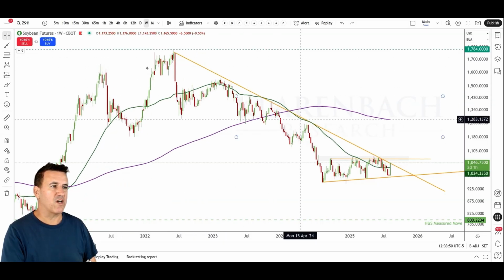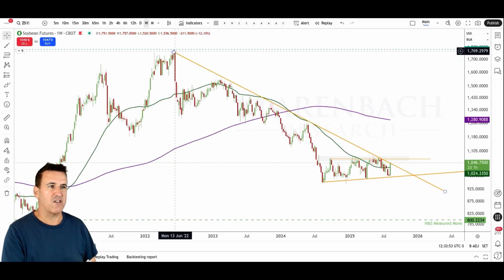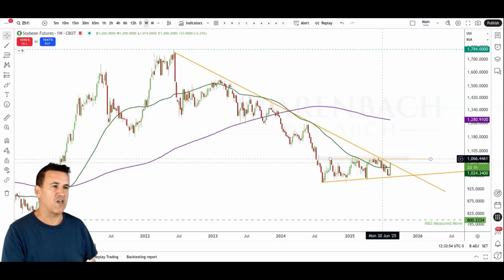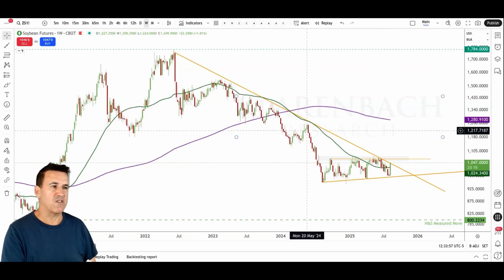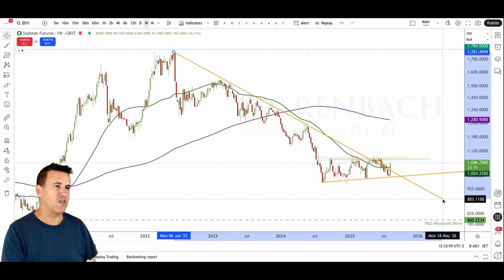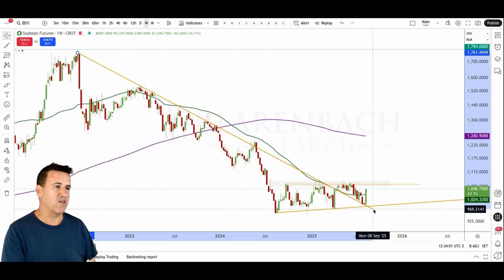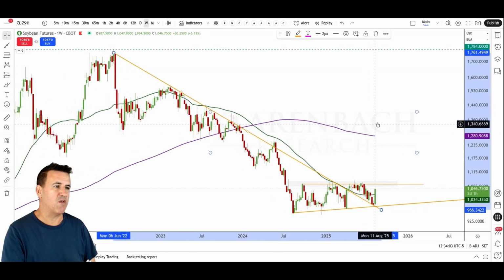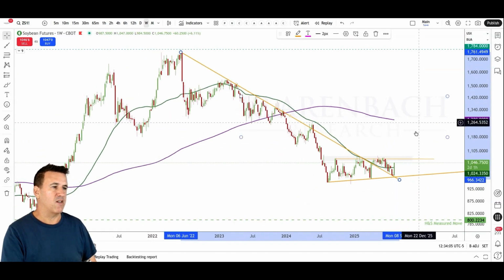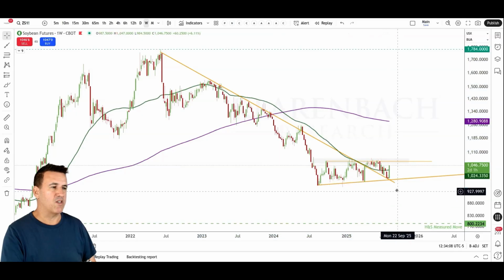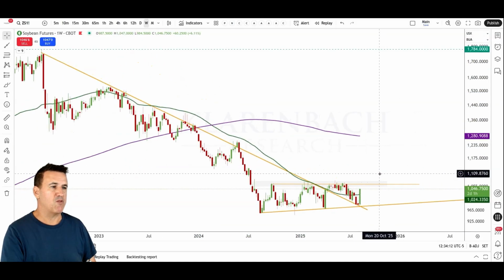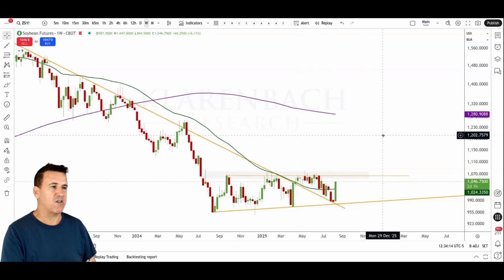I got this yellow trend line drawn here, just connecting the tops, well, kind of the tops, maybe, on this logarithmic chart. I can move that trend line. I suppose I could move it down here. Maybe that's a better fit. And if you look at this here, you got a retest of this trend line, a test of this bottom trend line. But maybe more importantly is what I call an ascending